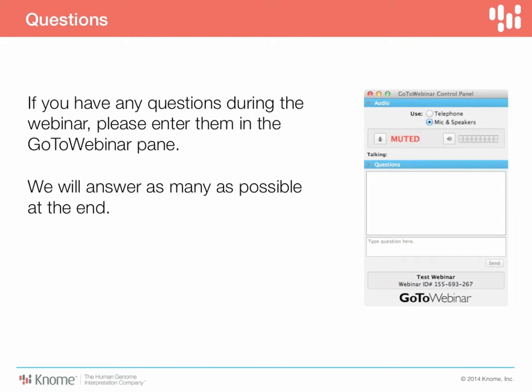If you have a 400 gigabyte FASTQ file coming off a sequencer, and you're trying to upload that over your internet connection, it's enormously difficult if you don't have a reasonably fast internet connection.